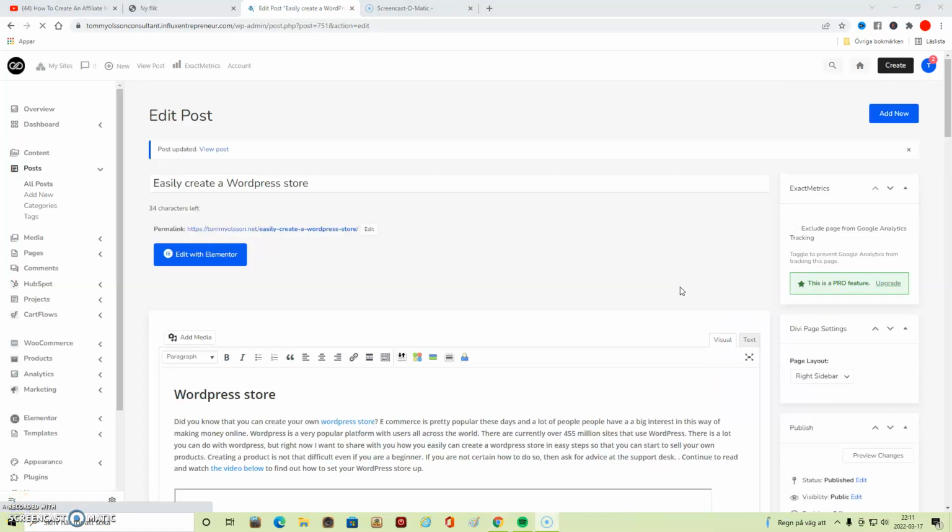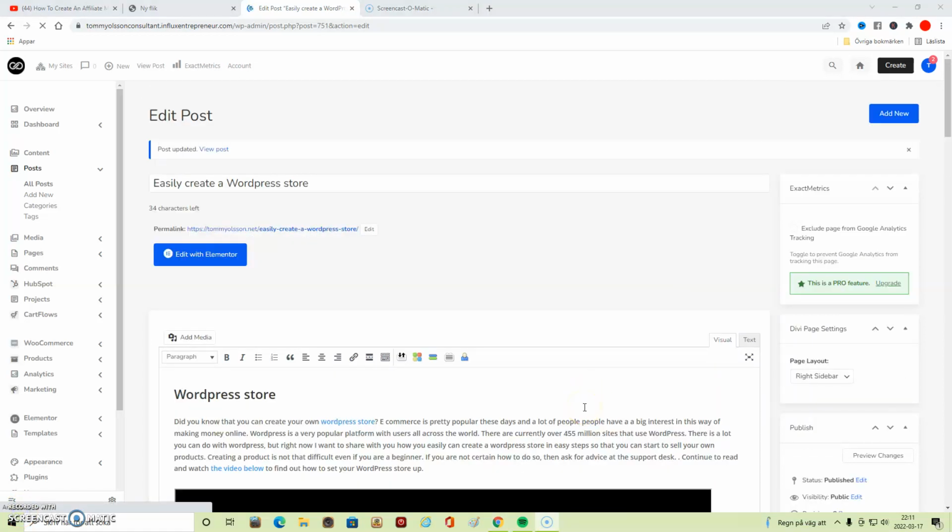Talking about the content and its quality again, Google rewards you if you share a lot of value and your blog post is of great quality. The more value you share, the better your posts will rank, and Google will see whether you share a lot of good quality content or not. So make every post as filled with as much quality content as possible.